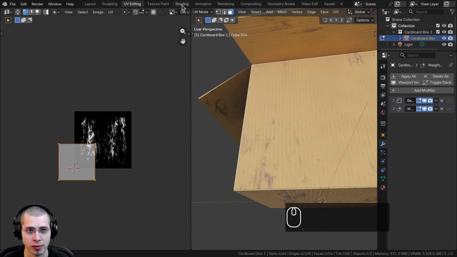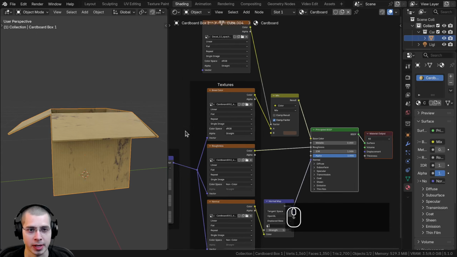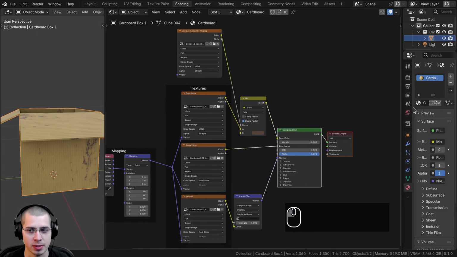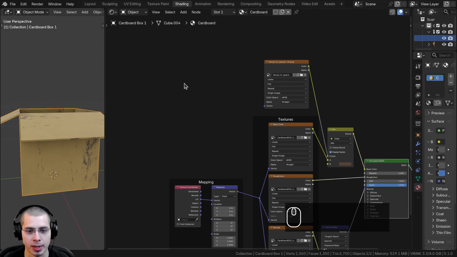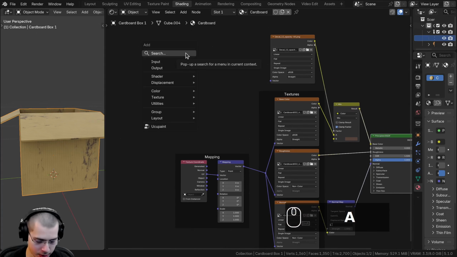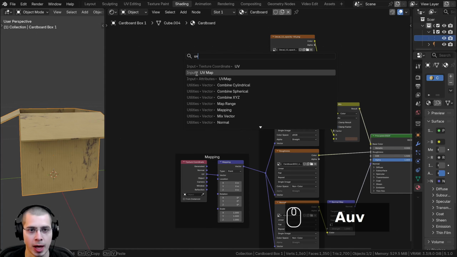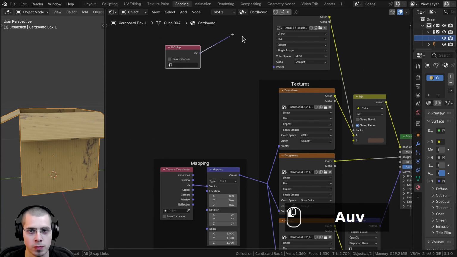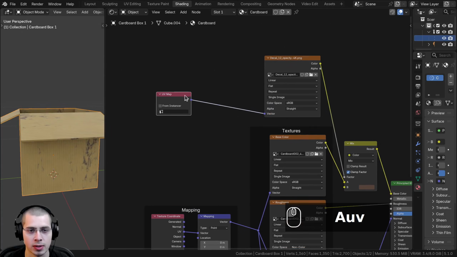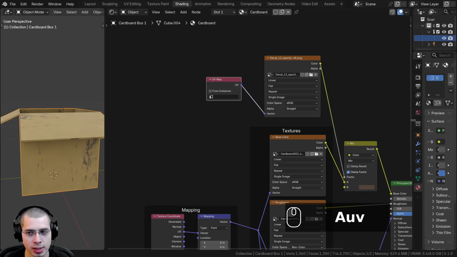So let's click back over here to go to the shading workspace. And let's just make this a bit smaller so I have a bit more space. And so what I want to do is add a UV map here and then add a separate UV map here. So I'm going to hit Shift A for the add menu. I'm going to search for UV map and we're going to add the UV map node, put it here. And then we're going to put the UV into the vector